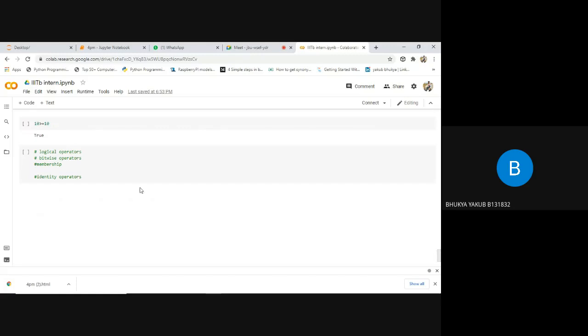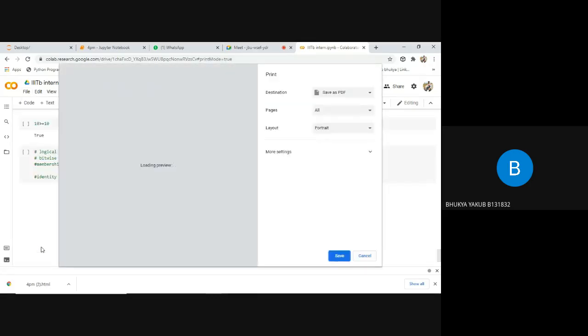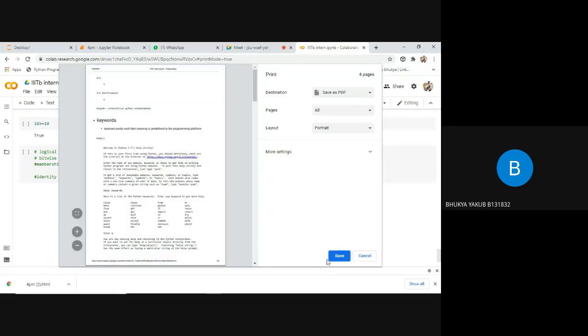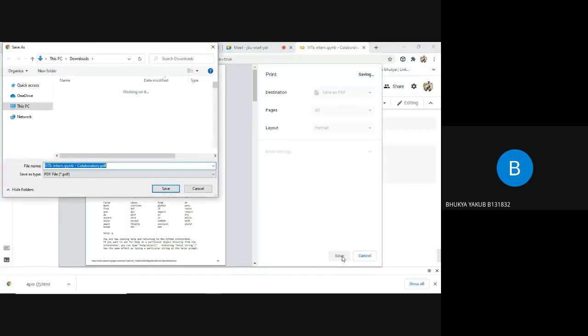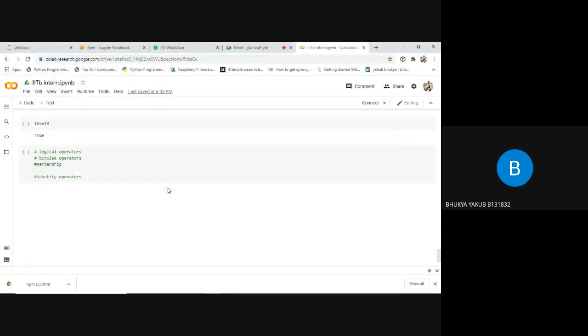By adding this, you can execute here itself, or else simply connect with the server again. After doing all these things, if you need notes for reading purposes, simply click on the file option. At the bottom we'll have the print option. If you click on this print option, it will be loaded, and I want to save this file. Now I will share this file in your WhatsApp group. Here I'm downloading this file, and after downloading it, I'll forward this file in your WhatsApp group.